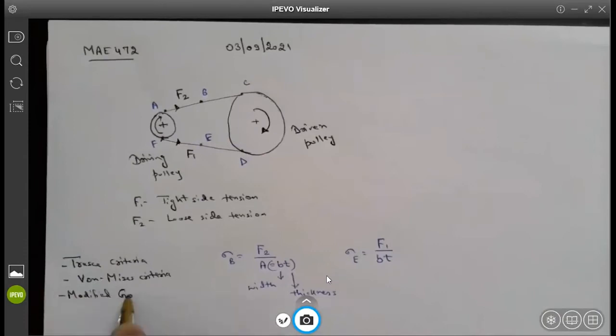So my question is, which of these three theories would you prefer in this specific application? Professor, would we use the modified Goodman line because of the fatigue failure? Yes, of course. I think it should be very obvious to all of you that